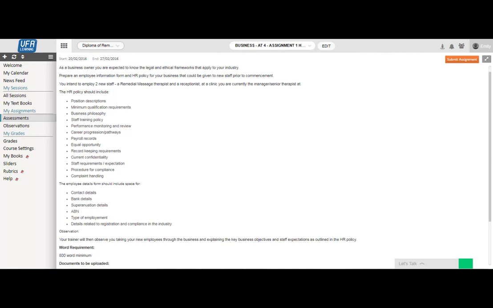One of them will be a remedial therapist and another one will be a receptionist at a clinic that you are currently the manager or senior therapist at. So in your HR policy, you need to make sure you include information about position descriptions that are suitable to a receptionist and a massage therapist, what the minimum qualification requirements are for each of those roles, what your business philosophy is, what your staff training policy is, performance monitoring and reviews, so how often is this going to be